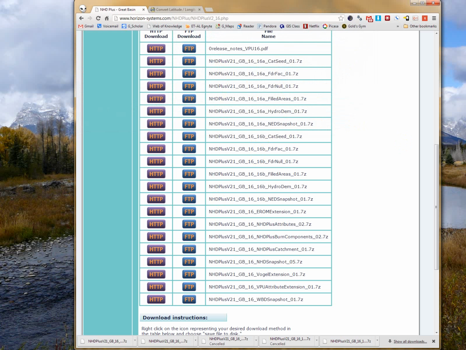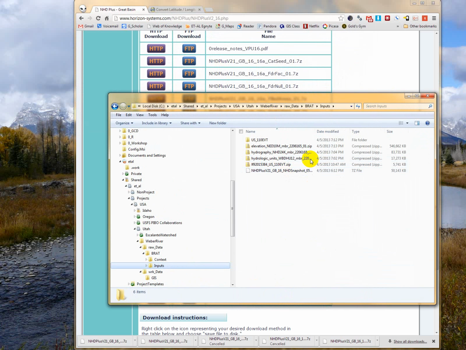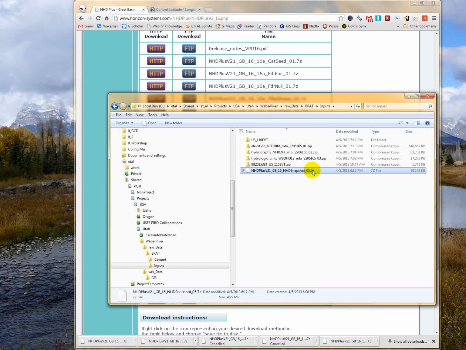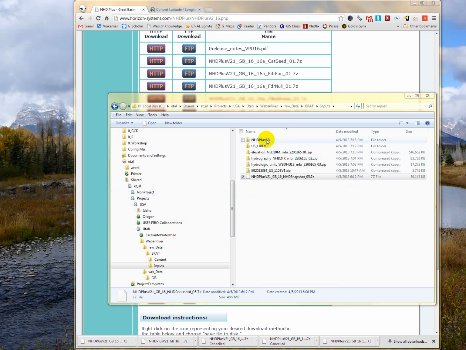I've actually already downloaded this in order to save some time here, and so I will show you where I've got that. And so it's a .7z, which is actually a zip file, but you need to have 7-zip installed in order to recognize it. So if you go to that 7-zip file and you right-click on it with 7-zip installed, you can then extract it. And if I extract it here, you can see that it's put it in this NHD Plus GB